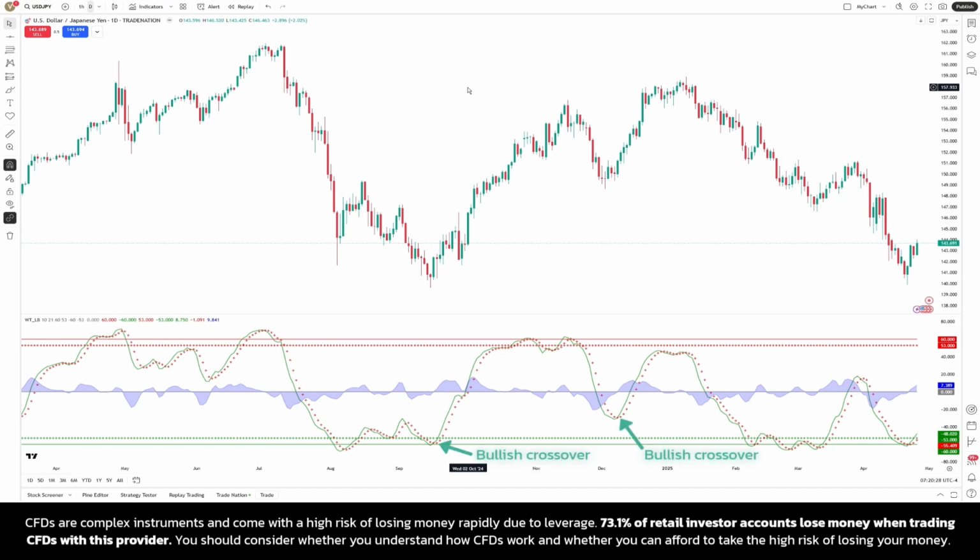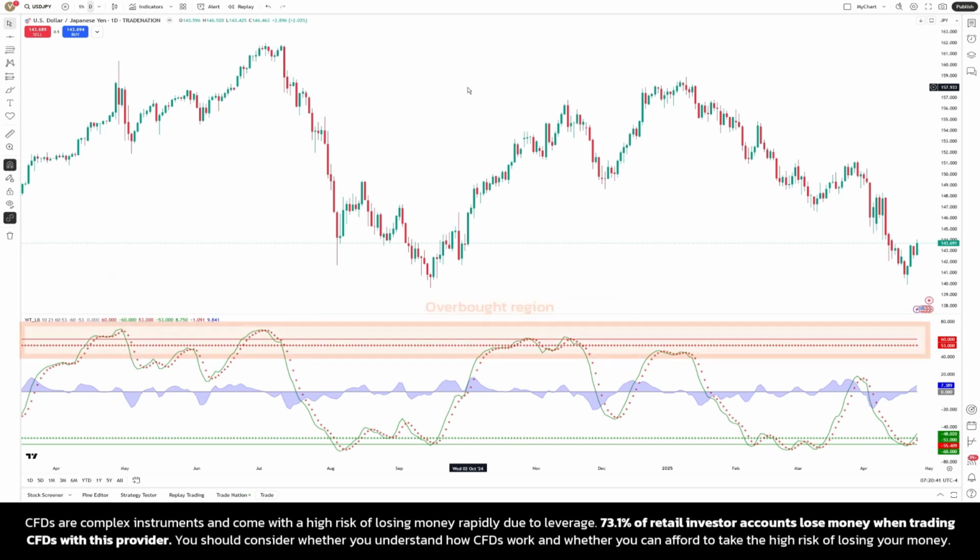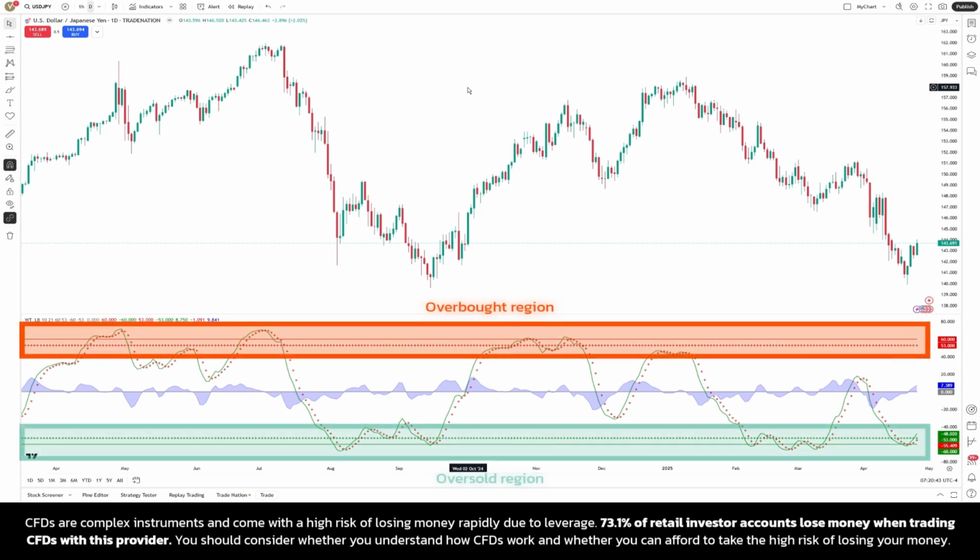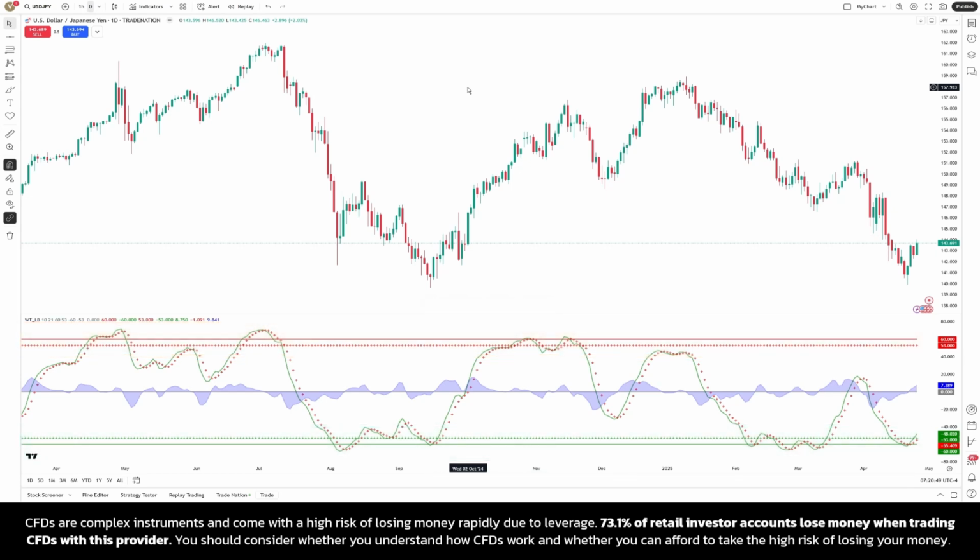A bullish crossover, where the primary line rises above the secondary, typically signals potential upward price movement, while a bearish crossover indicates downward momentum. The WaveTrend Oscillator also features clearly marked threshold levels to highlight significant overbought or oversold conditions. Traders typically watch for the oscillator's lines approaching or crossing these critical levels as reliable triggers for trade entries or